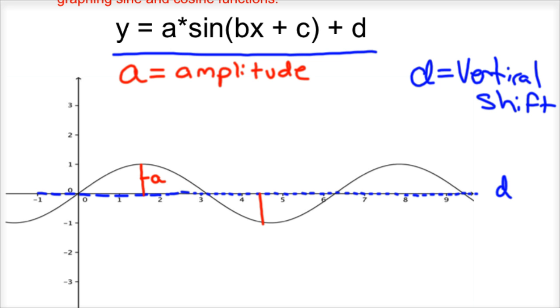Okay, and then notice this graph starts here at 0, 0, goes up, crosses the x-axis or midline again at about pi, and then comes back, and that's actually 2 pi, 6.28, and then it starts over again. And so from where it starts to where it starts over again, that is one cycle,